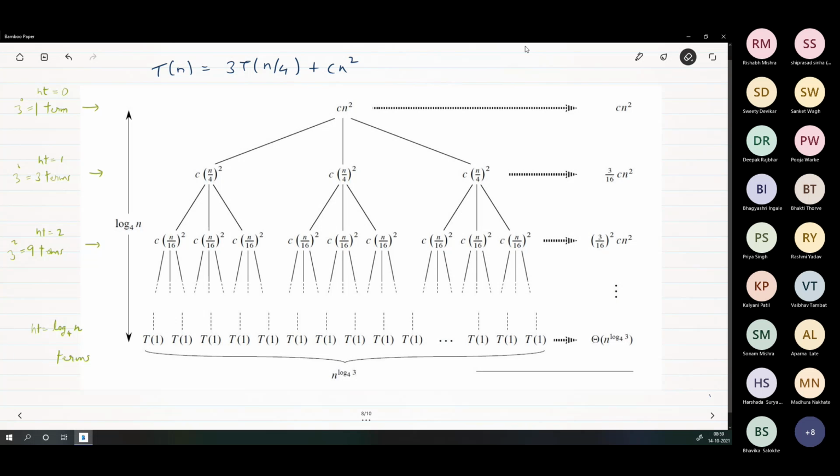There will be a pattern in every problem. You just have to try out first. You have to draw the recursion tree. This is the recursion tree. You have to draw the recursion tree for 1, 2 or 3 heights maybe, and then find out these few terms, and then you will be able to see what the pattern is. This is how you solve this problem. You will have to draw such a diagram for every recursion that you get. When you draw the first few heights, in general you will be able to say that at the end you will have this height and you will have these many terms.